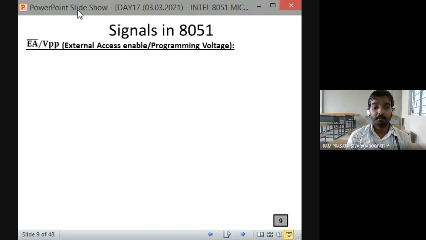EA bar, the bar indicates whether it is an active high or active low signal. It is an input signal, yes, active low input signal. That means when your microcontroller is operating in normal mode, rather than programming. Only while programming the microcontroller, this pin functions as the programming voltage pin. At the remaining time, it is going to be used as